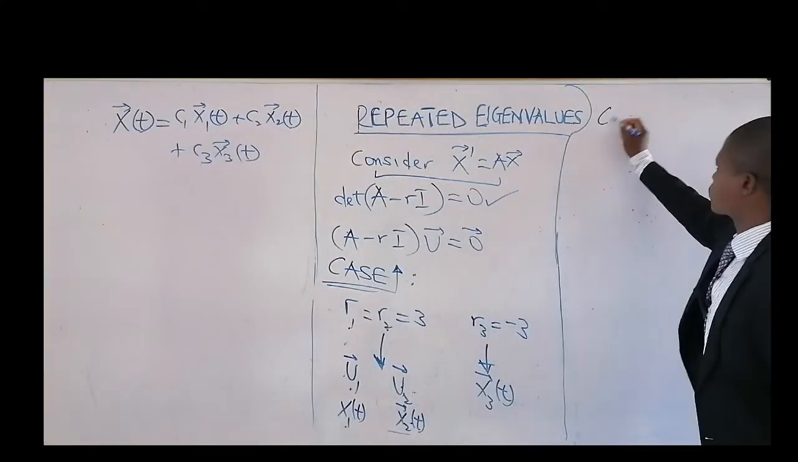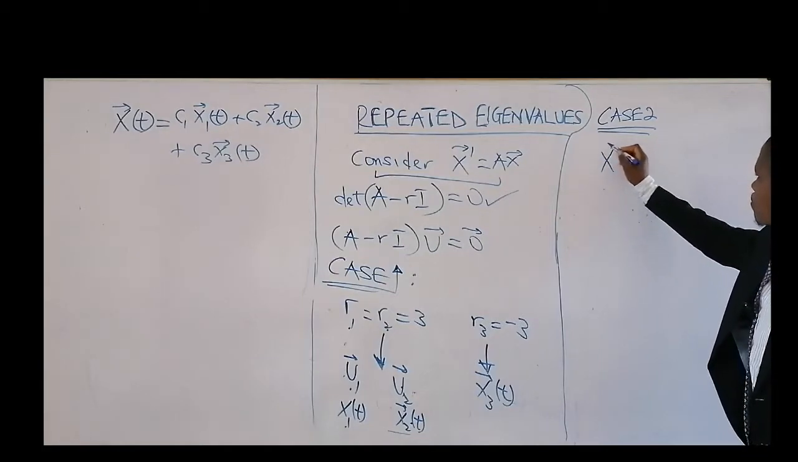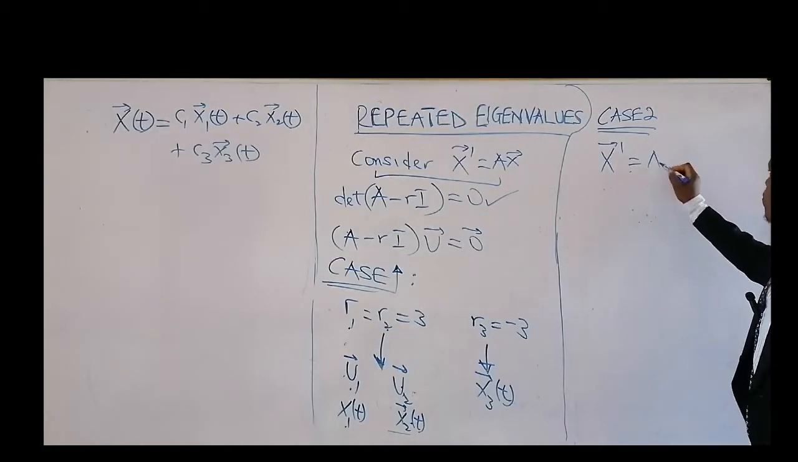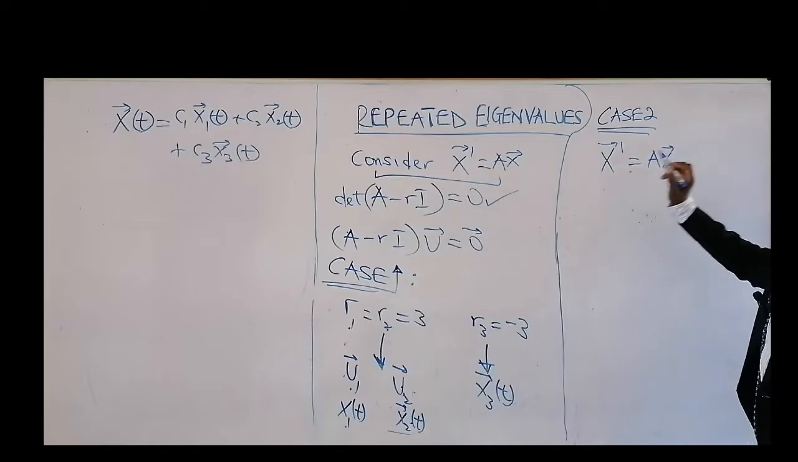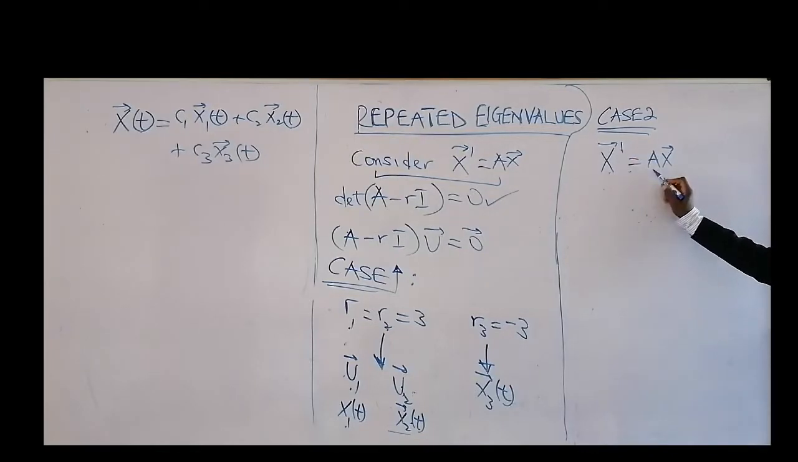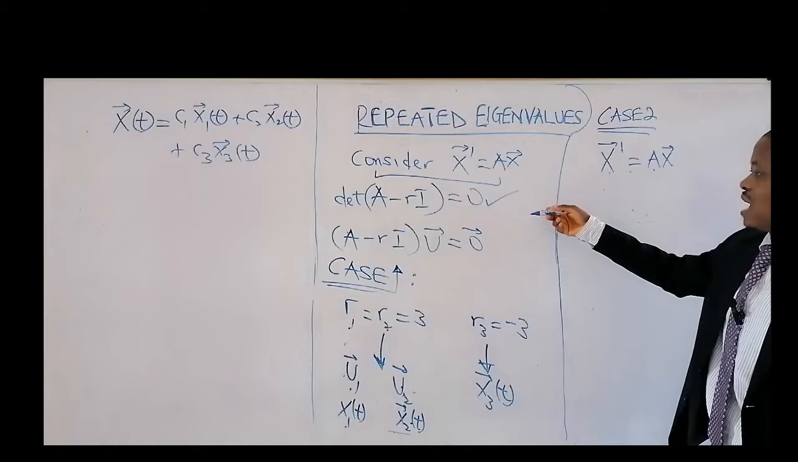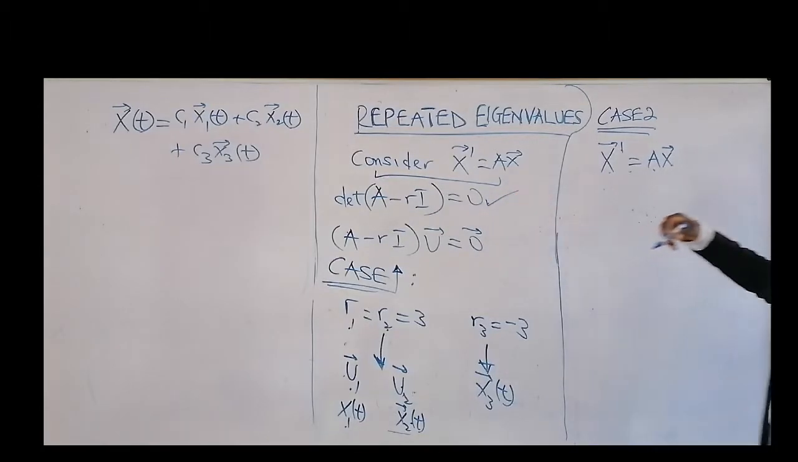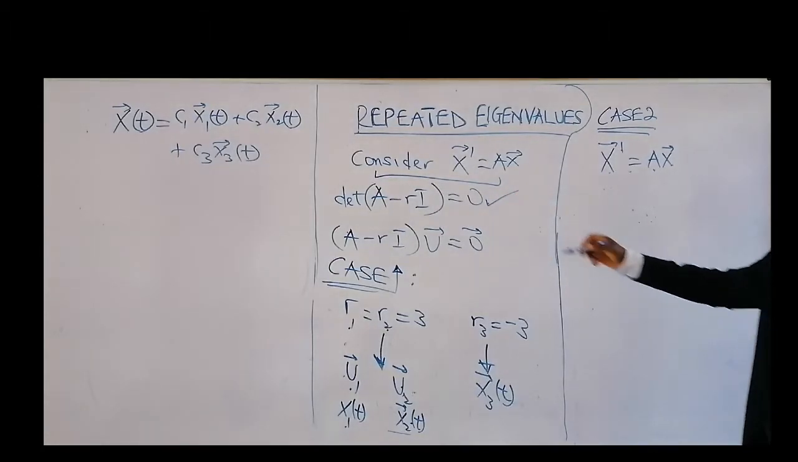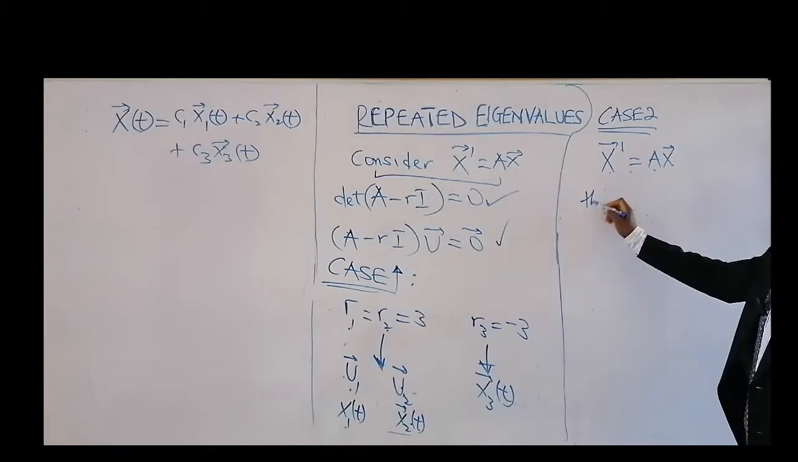Case 2. That is the case where we still have this system, x bar prime, which is A times the vector. To get your eigenvalue, you solve the system. To get your eigenvector, you solve the system. But in this case now, the